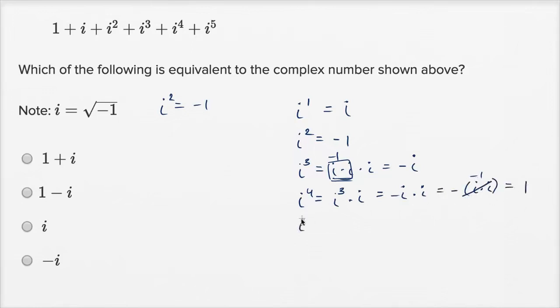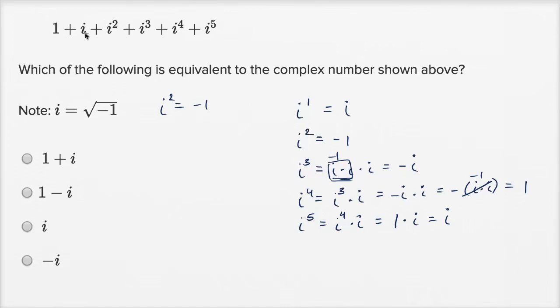And so what's going to be i to the fifth power? Well, that's going to be i to the fourth power times another i. Well, i to the fourth power we just saw is just 1 times i is equal to i. And we could keep going, and this is one of the fun things about the imaginary unit i, is that we see this cycle as we increase the exponent. We do a bunch of examples of this on Khan Academy, but we've gotten all the powers that we care